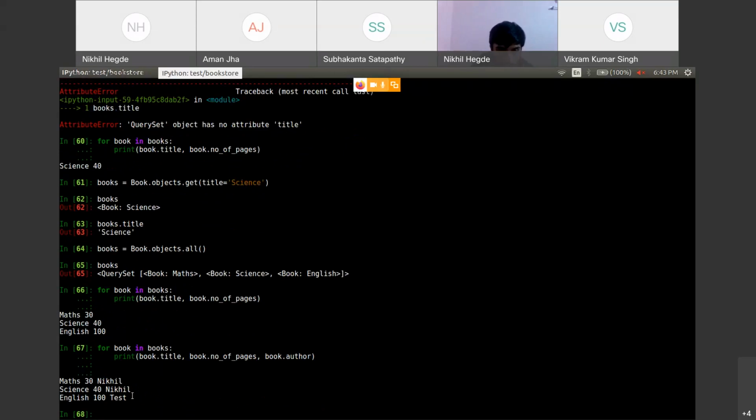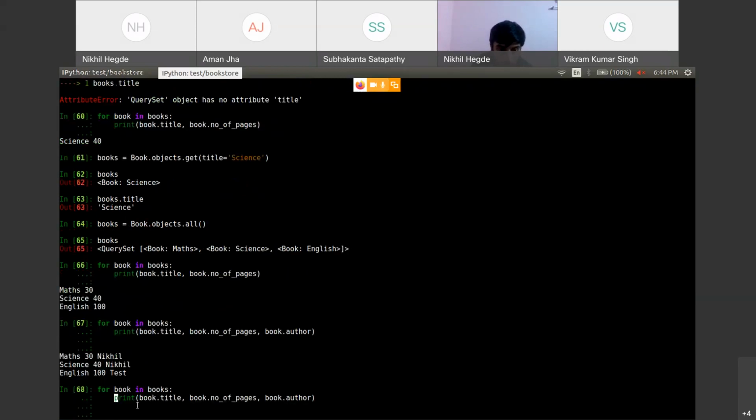Okay. So here you can see that it has written me the first name. Now I don't want the first name, I want to return the last name of book.author. How should I do it? Then you can just use book dot last name, because it is returning the str method.